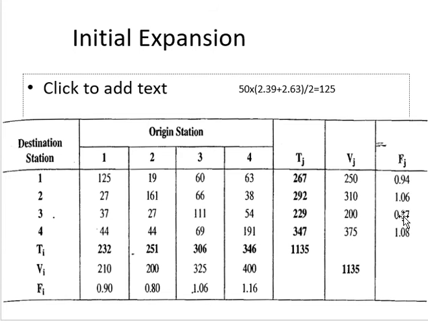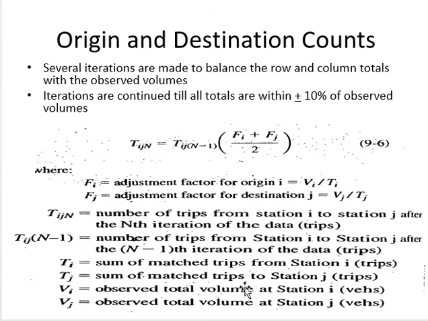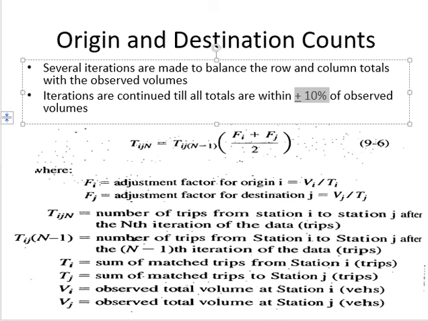You can see none of these numbers is exactly 1. Our ideal situation is that these numbers become 1. All these factors now become 1, and volume becomes exactly equal to the number of trips you have in the matrix. But it will take a very long process to have exactly 1 for each row and column. So we have established a very convenient range. Range is between 0.9 and 1.1, which means a difference of plus minus 10%